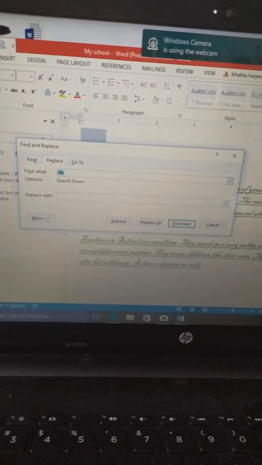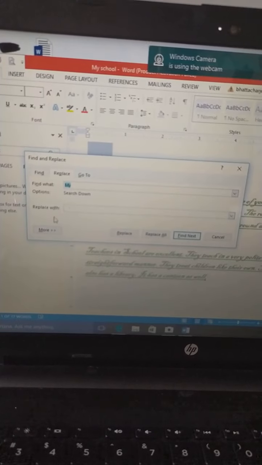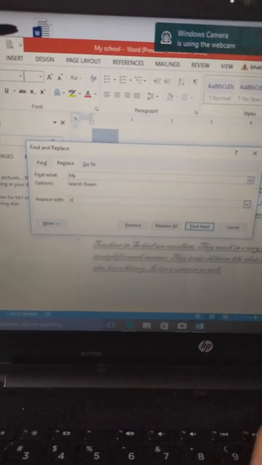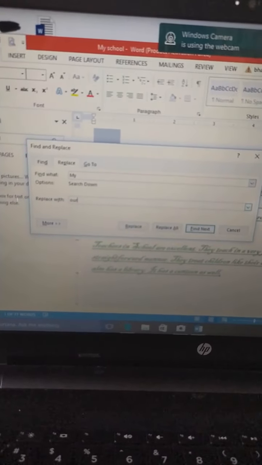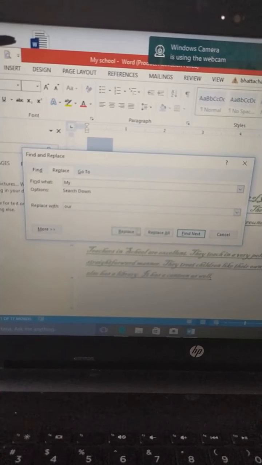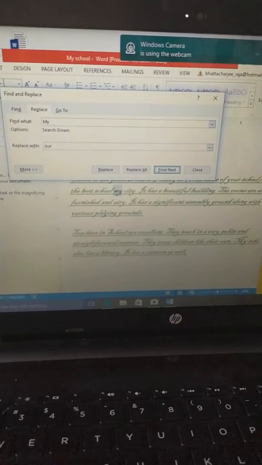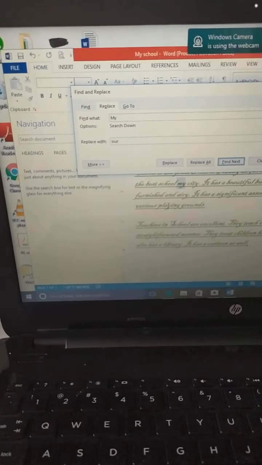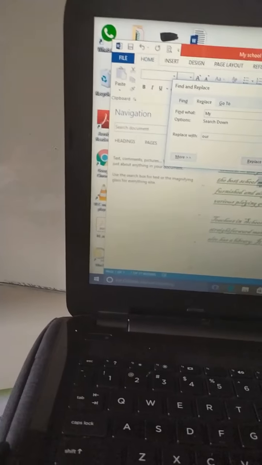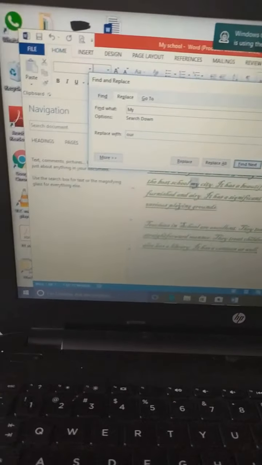Over here, find the word my and replace it with our. Type our over here and then click the replace button. One by one, all the word of my will be replaced by our.